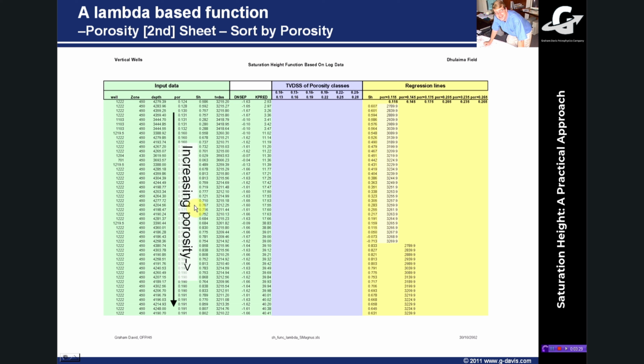on increasing porosity. And then you basically take these equations and you copy this equation down here for each TVD SS, or height above free water level, for each of these porosity classes. So here from 10 to 13 PU, which is these few points here, you copy this height here, and then you take the next one. So from 13 to 16 PU, you copy that height there, and you continue doing that, and you copy the equation down just in these chart ranges, because the chart has already been set up to pick up this as the